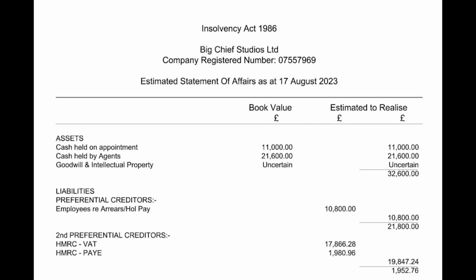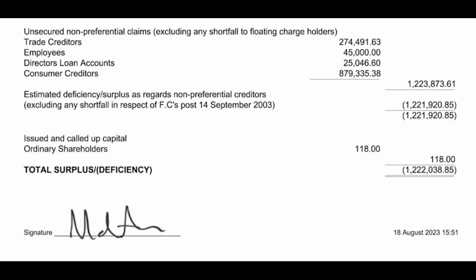And then you get down further to unsecured, non-preferential claims. That's people like us, people who had pre-ordered figures and would like their money back. Well, I don't think it's coming, guys. You look at trade creditors, £274,000. Employees, so we've got another fee for employees, £45,000. Directors' loan accounts, so some loans of £25,000. And then consumer creditors, people like you and me who had ordered figures,